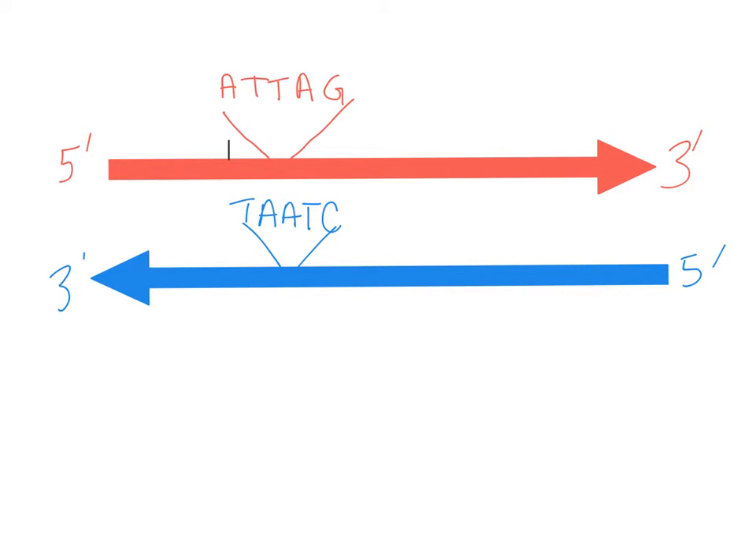Now let's imagine that we want to amplify the region demarked by these black lines using PCR. We'd need both a forward primer and a reverse primer. Let's think through the forward primer first. The forward primer would bind in a 5' to 3' orientation to the bottom strand. Therefore, it needs to have the sequence A, T, T, A, G in a 5' to 3' orientation to complement